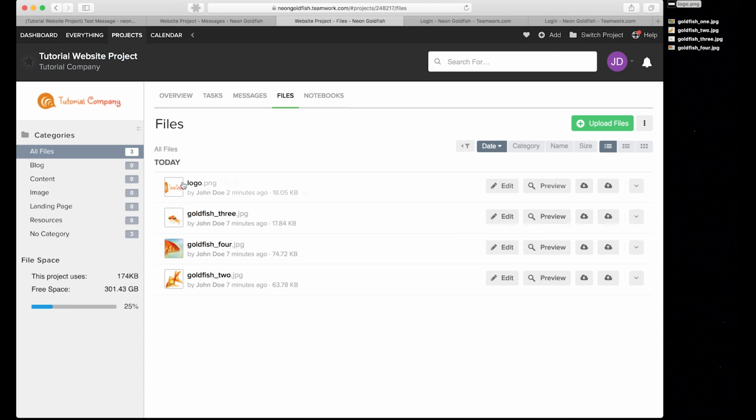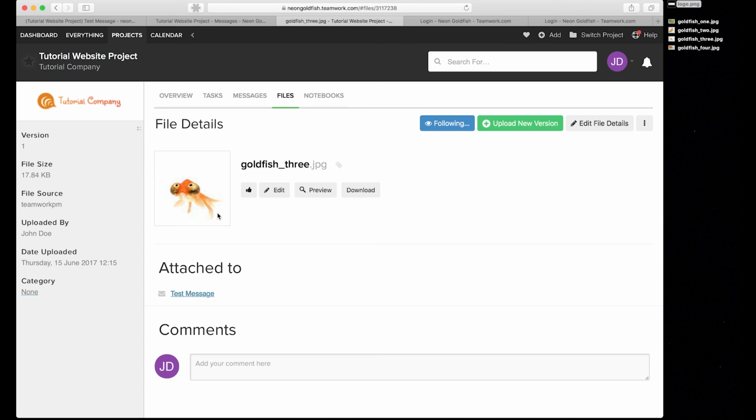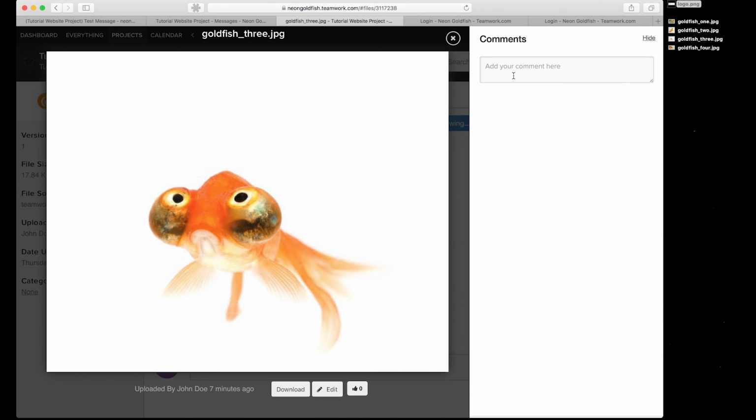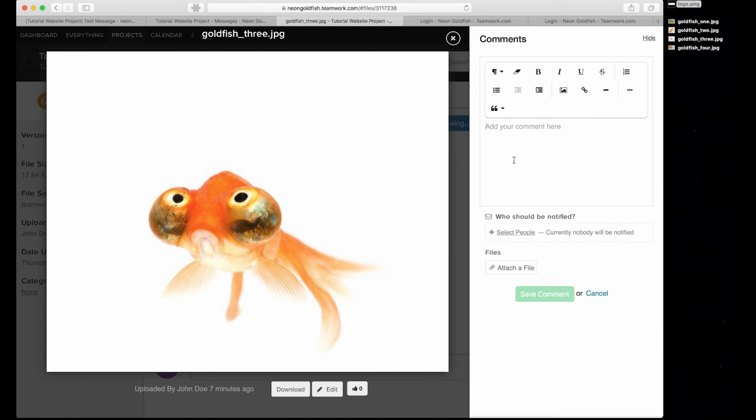So I can say, hey, there's Goldfish 3. I can preview it from here. I can kind of get an overview of it. I can also say, a specific comment on this file. So if something has changed, or if you want to notify us that you're looking at something